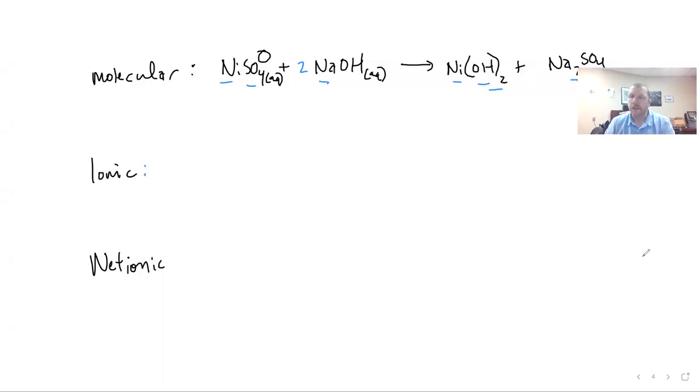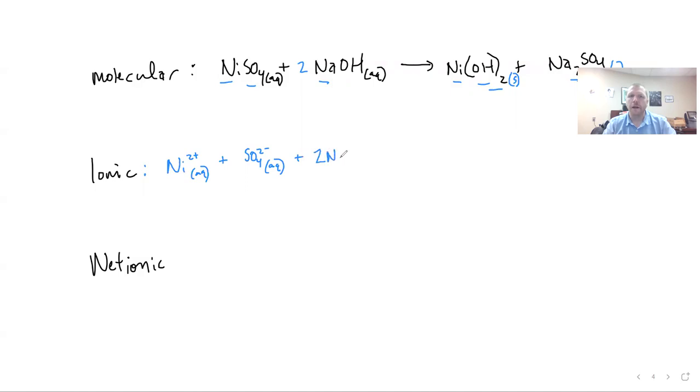And nickel hydroxide is a great example of an insoluble hydroxide. So what I need to do is write my ionic equation. My ionic equation shows each of my components broken down, if they are aqueous, into the ions in which they exist. I'm going to write S next to my product of nickel hydroxide. Then I'm going to write AQ for sodium sulfate. Now, I've got Ni2+ (aq) plus SO4 2- (aq), plus